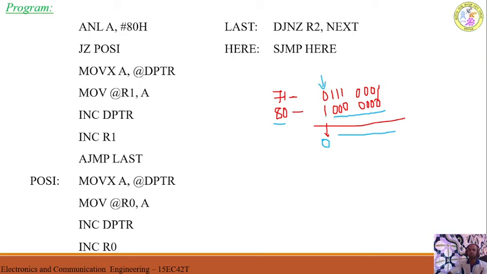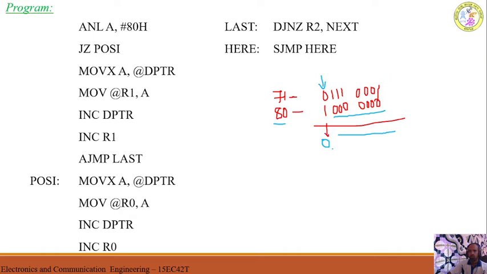I told you how to check whether the number is positive or negative. In the given number, I want to check its MSB. If MSB is 0, then it is positive number. If MSB is equal to 1, then it is negative number. So to check whether this is 0 or 1, I am doing AND operation.